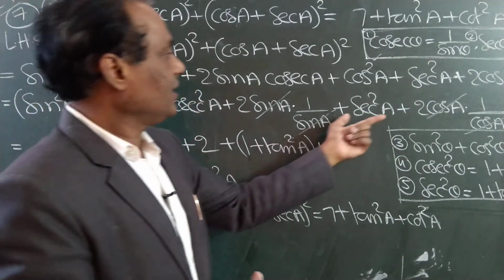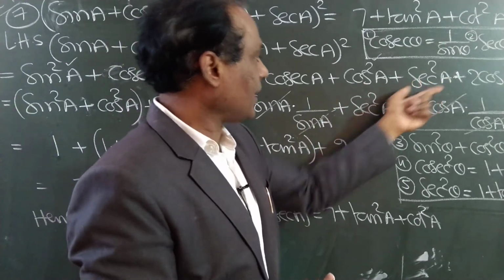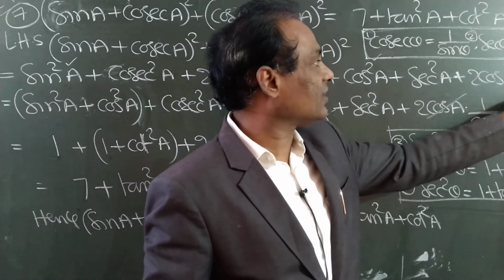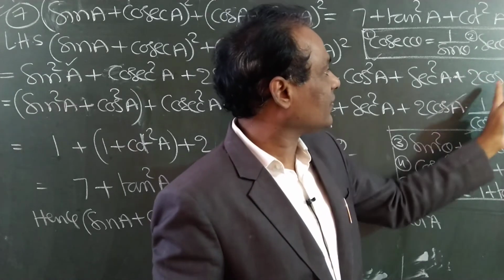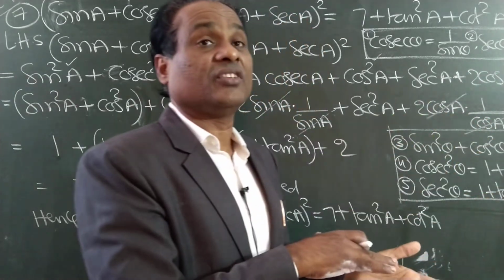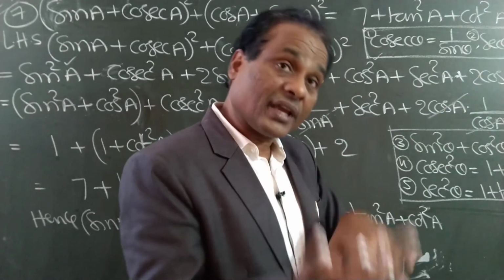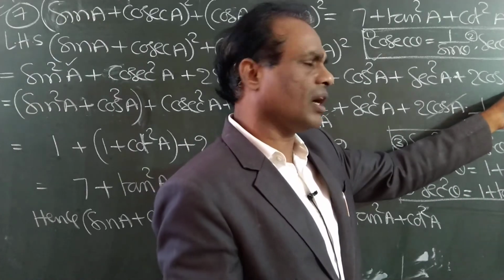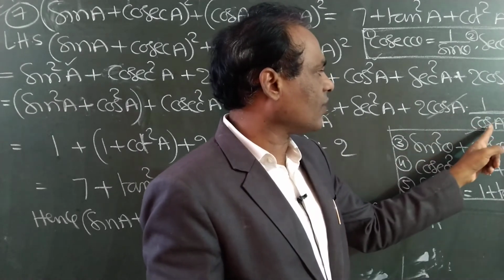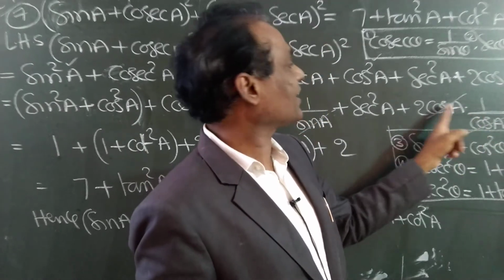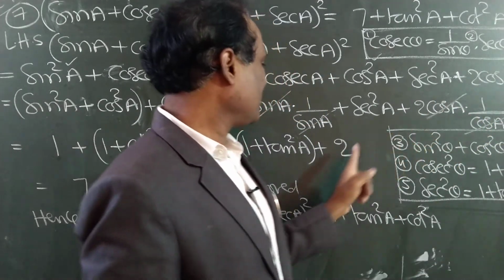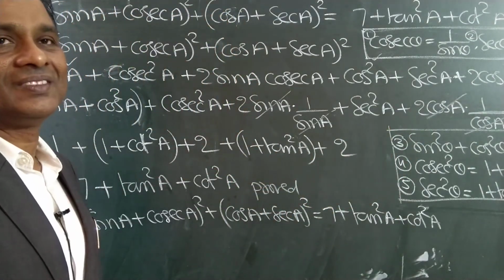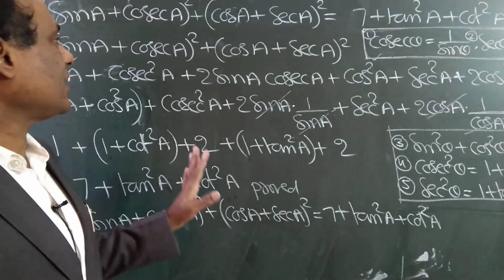Like that. Secant square, same. Secant theta is equal to 1 by cos theta. Secant and cos are reciprocal to each other. Cos is equal to 1 by secant, or secant is equal to 1 by cos. Anyone you choose, apply. Secant is equal to, I wrote 1 by cos. Why? Because cancel. So this will be 2. This is 2 and this is also 2. Like that. That step I applied.